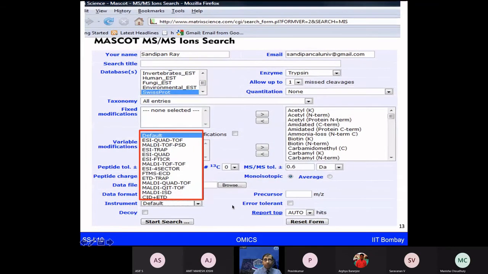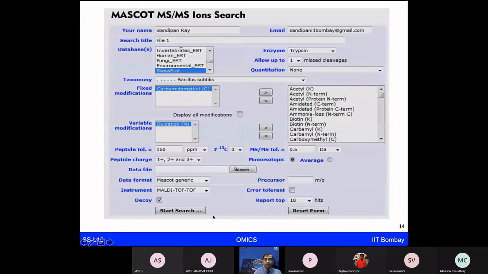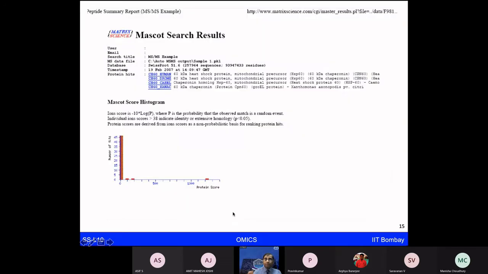And once you have done these parameter changes, then you can click on start search with your input data file. That will give what proteins are present in that given sample of that data file. And this is what eventually we want to know as a biologist or the clinicians who want to work in this area, to know which of the proteins I can see from my given sample.